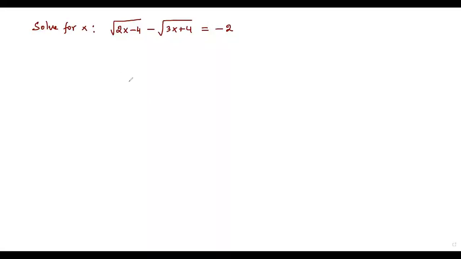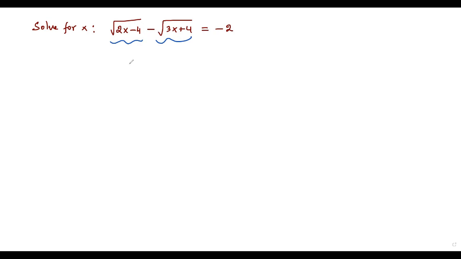Here we have a square root equation and we have to solve for x. In the given equation, we find two square roots on the left side, and both square roots are in subtraction. Whenever we have this kind of square root equation with two square roots on the same side,